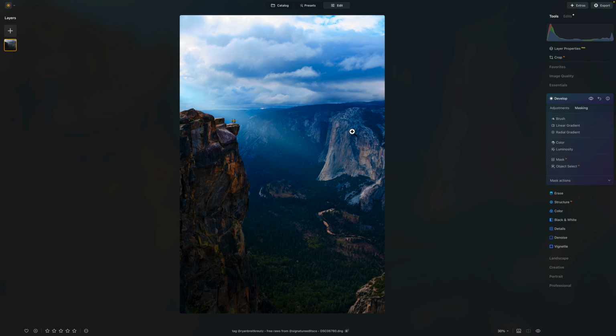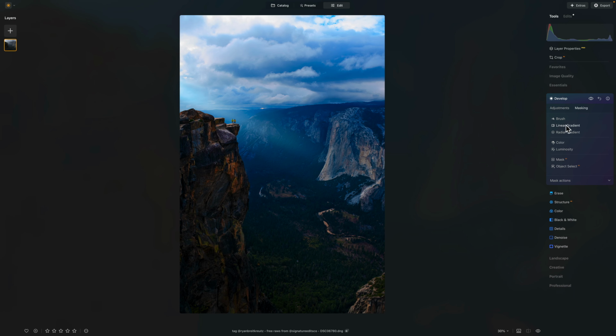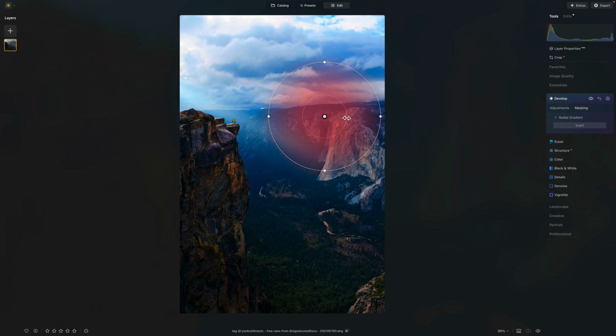And then I'm going to do another linear gradient to come over there. So let's click off of that develop, open another one, and pull down on the exposure to about there. Let's go masking. And then actually, I'm going to go with a radial gradient. And I'm just going to put this radial gradient, make it more of an oval. I'm going to put it right